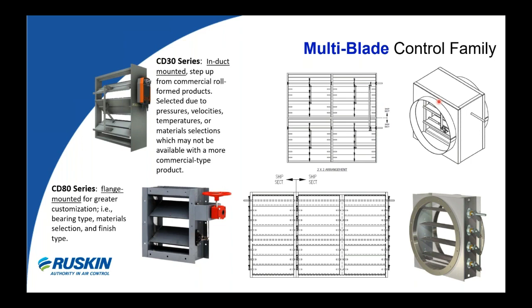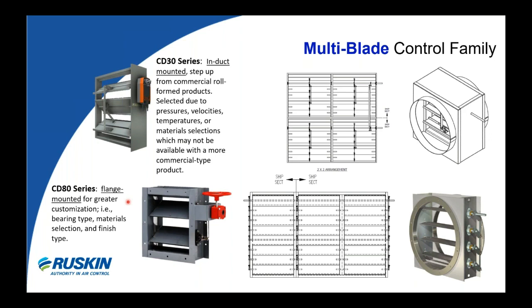As standard, the CD80 series of dampers is characterized by an 8-inch deep channel frame with side linkage located out of the airstream and with stainless steel sleeve bearings either pressed into the frame or inserted into cast housing and bolted to the frame. And that just depends on which of the models you select in the CD80 series of dampers. The CD80 series damper features are easily customizable to meet a variety of specs which may be driven by